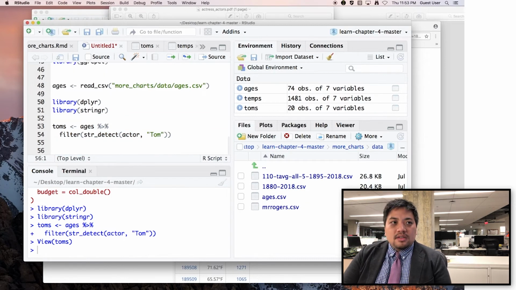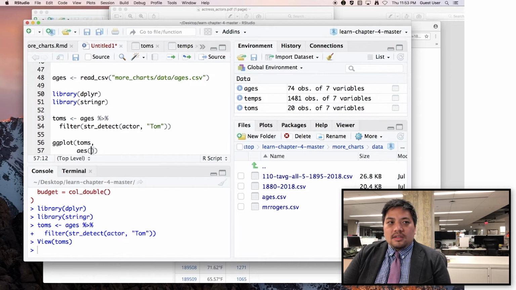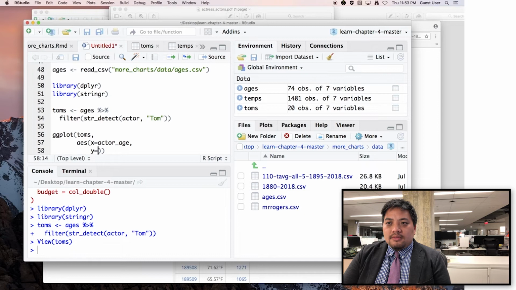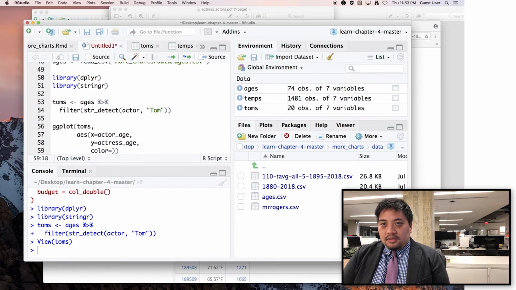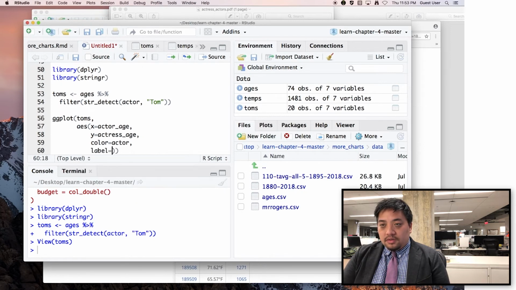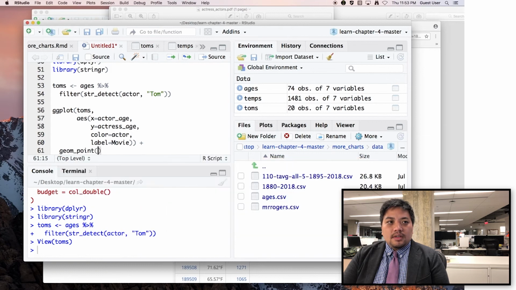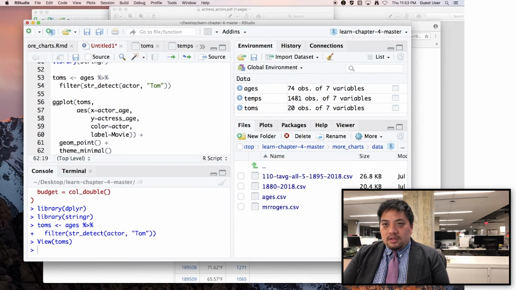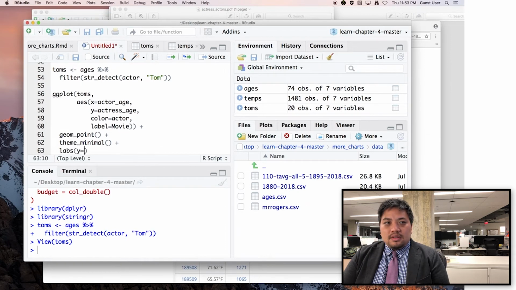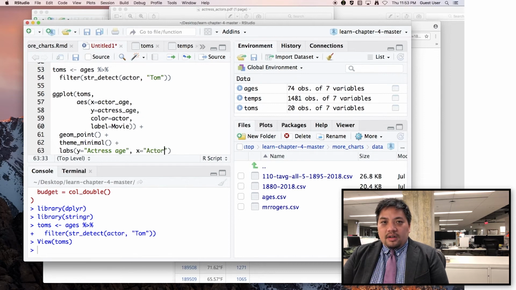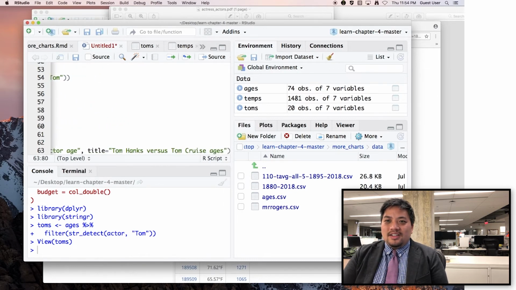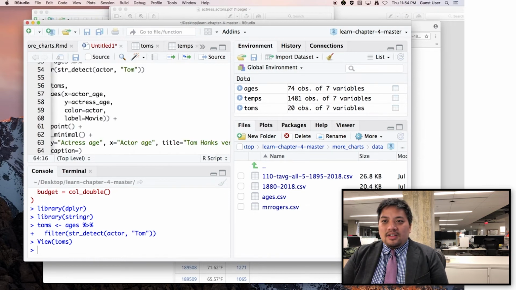So now I can visualize this. ggplot toms, aes x equals actor age, y equals actress age, color is actor, label equals movie, plus geom_point because I'm making a scatter plot, plus theme minimal, plus I'm gonna add some labels: y is actress age, x equals actor age, title equals Tom Hanks versus Tom Cruise ages, comma, caption, source the data, source is vulture.com/IMDb, plus